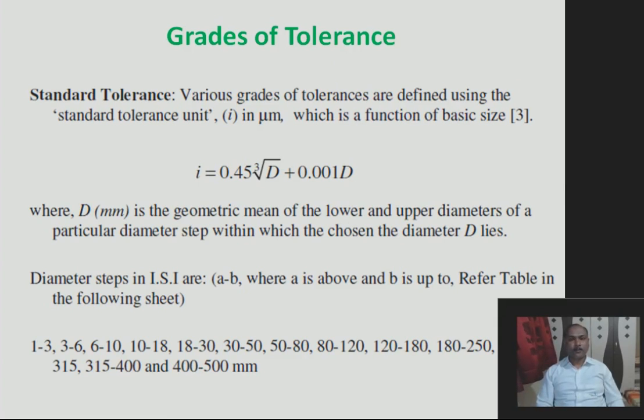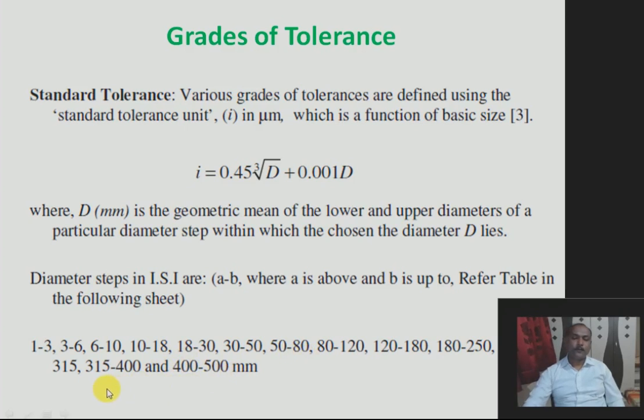And this fundamental tolerance unit is given by one empirical relation, that is 0.45 cube root of D plus 0.001 D. So this D is the geometric mean diameter. This geometric mean diameter is calculated as under root D1 into D2, where D1 and D2 are the two dimension steps. For example, there are dimension steps which are given as per the Indian standard: 1 to 3, 3 to 6, 6 to 10, 10 to 18, 18 to 30, and so on up to 400 to